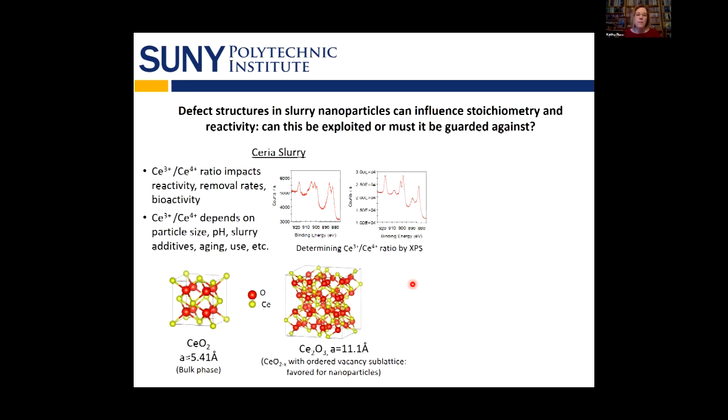In a ceramic, for example, we can manipulate the defect structure to get properties that we want. For example, our nanoparticles that we are using to polish wafers or polish metal structures, the effectiveness of that depends on the oxygen vacancies at the surface of the nanoparticle. We can manipulate that by changing the rest of the slurry environment, whether that's pH or particle size or adding hydrogen peroxide, for example,